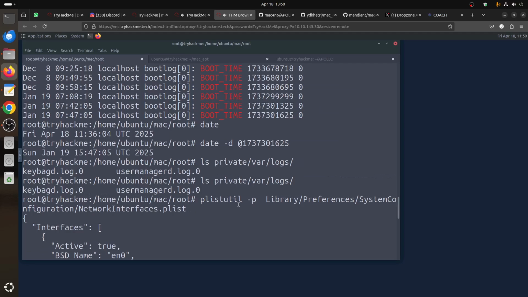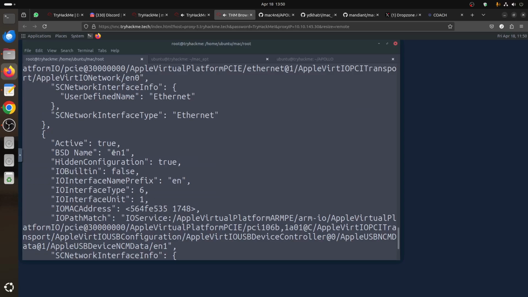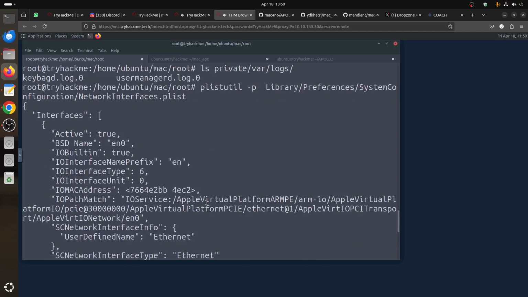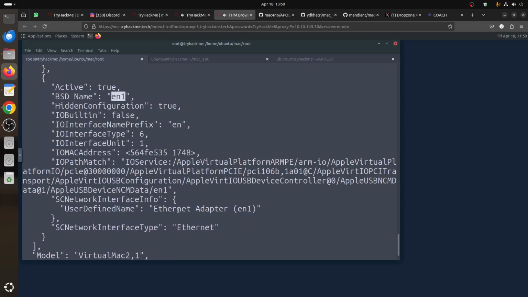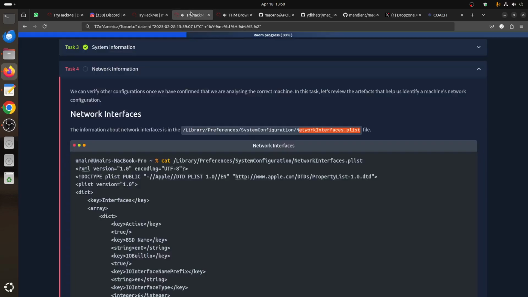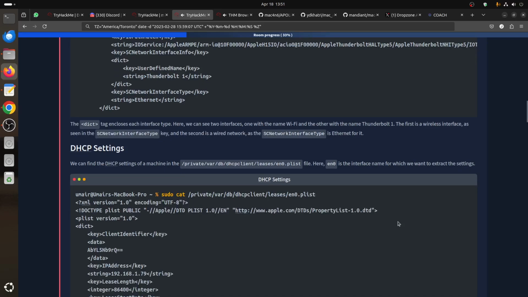If we analyze this information, it tells us the network name is EN0. What else would it give us? There's another one called EN1, active true, active true, but I think one has an IP and one doesn't. Okay. Include each interface type. Here I can see two interfaces, one with the name Wi-Fi and the other, which is not ours, is the room creator testing. The DHCP and the private var db dhcpclient